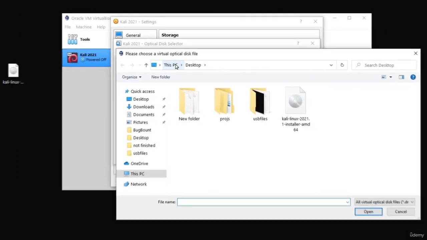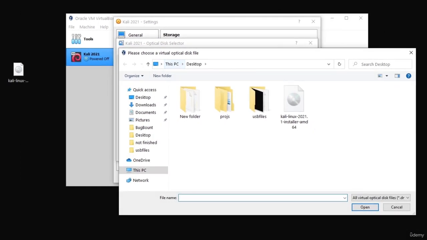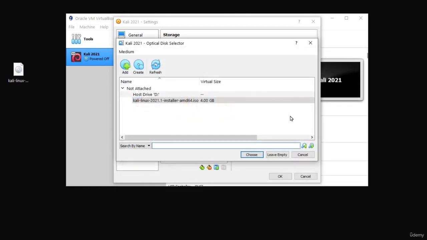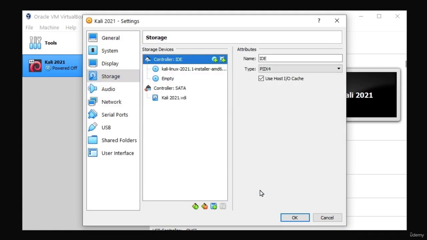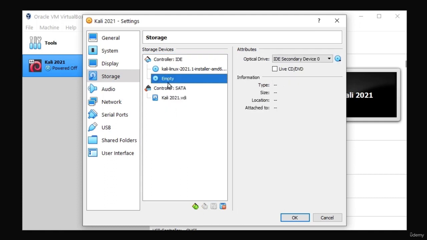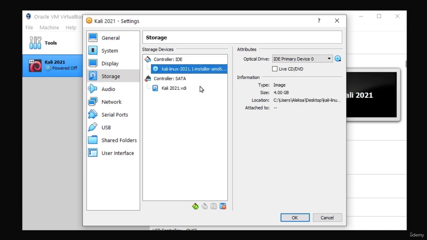Once you do that, you want to navigate to wherever you have your ISO image saved or your Kali Linux image saved. For me, it's on desktop, and you want to double click it. Then you want to select it right here in this small window, and you want to click on Choose. Now under the controller IDE, you will have your Kali Linux image and you will have this empty image. Now this empty image we don't really need, so we can just right click it and remove attachment, and we will be left with just Kali Linux